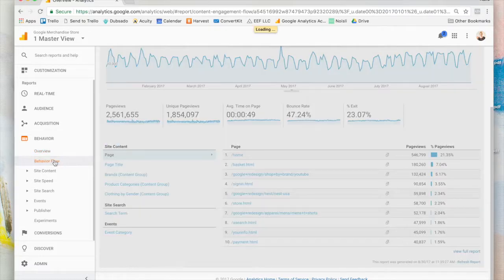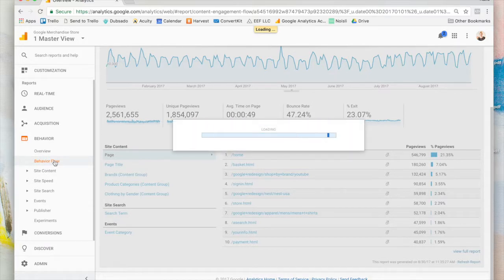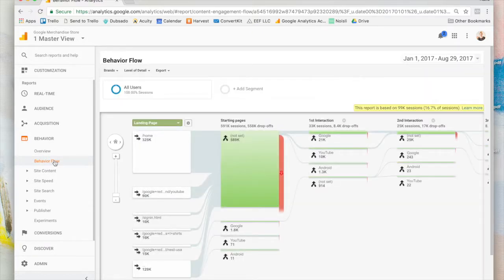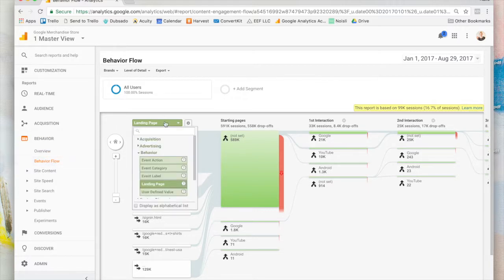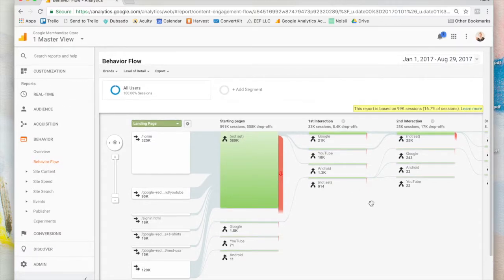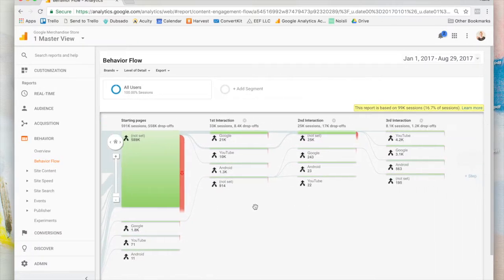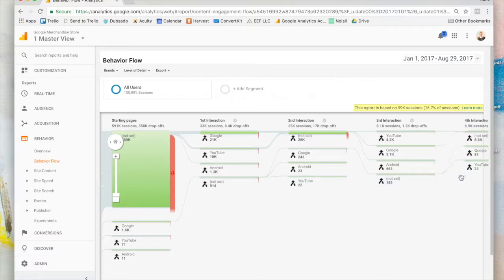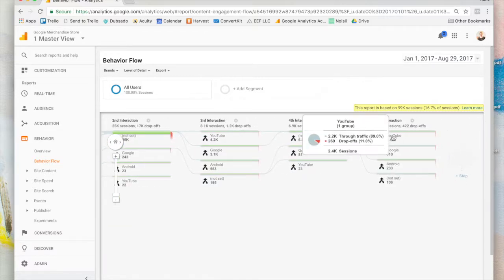Okay, so this tool is called Behavior Flow, and it's similar to the Audience Flow, but this one I think is my favorite. And so you can, once again, set different parameters. And I like the landing page though, because it's going to tell you what page people are starting on your website and how they are moving through your website. So it's very similar, but this is really, people are starting out on this page and this is how they're moving through. And so, once again, you can move through all the data like we were before, and you can see,